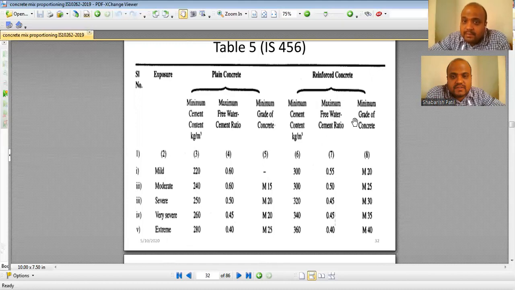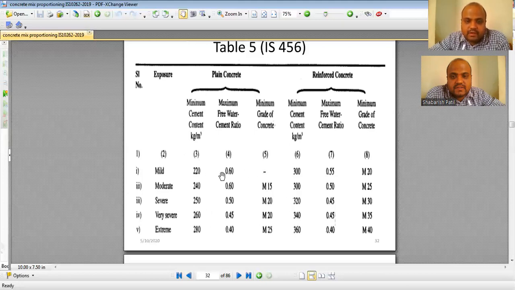Similarly, the maximum free water cement ratio. Look at this, it is reducing. For mild, it is 0.55, whereas for extreme, it becomes 0.40. Similarly, the grade of concrete increases as your exposure condition becomes extreme. It starts from M20 to M40. The same thing here is for plain concrete.